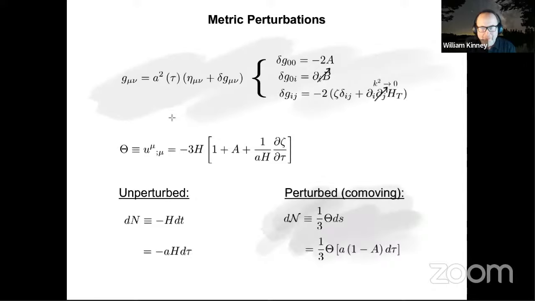And I'll dive into a bit more detail about exactly what I mean by that as we go along. So now we're going to look at perturbations in the metric. All right. And so what we're really interested in is calculating density perturbations in the universe. These are the things that source the fluctuations in the cosmic microwave background. They're what source the cosmic structure and so on.